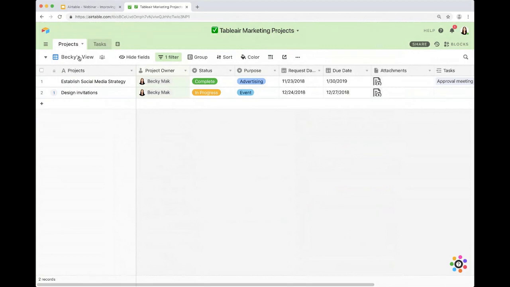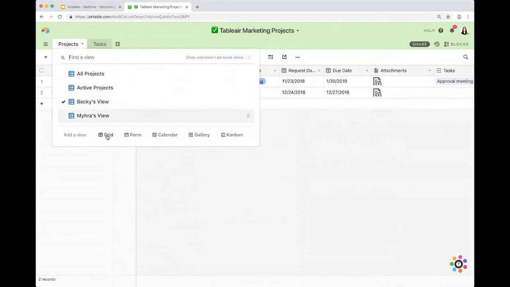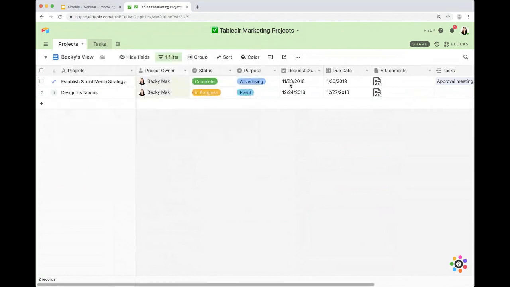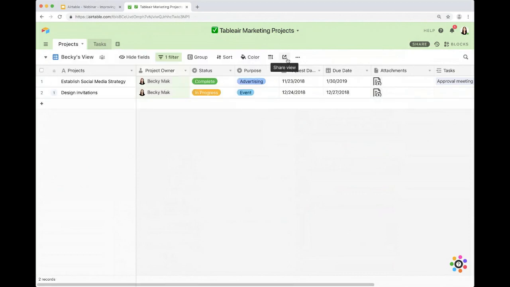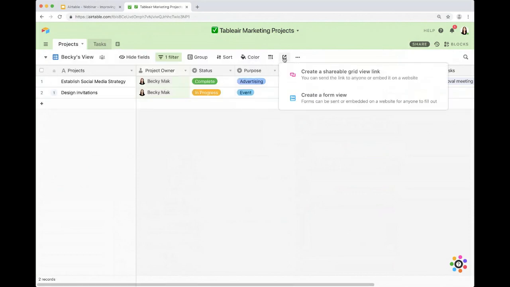So in Airtable, you'll notice that we had one view option that says grid. We also have actually 4 other types of views. So the grid is just 1 out of 5 types in total. Let's go ahead and explore some of the other ones in just a bit. I actually want to walk through how you can share out views first as well. So in addition to customizing it and adding additional views, you can actually share out views by clicking the share icon over here to your right. You'll then choose the shareable grid view link,